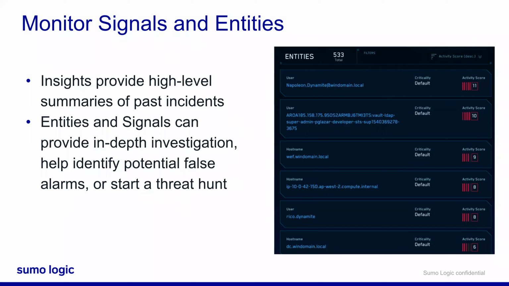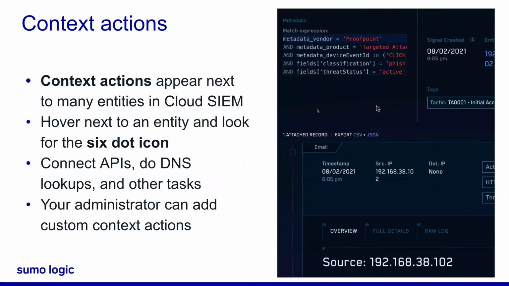When you click into a signal, you're going to see the option that has the full details of the records that triggered it, which is going to include information like the IP address and the geolocation. And then you're also going to have that entities tab, and we saw that a few times, listing all the entities. And we'll talk about that scoring again. We'll talk about it a few times here today. Let's see what here. The context actions.